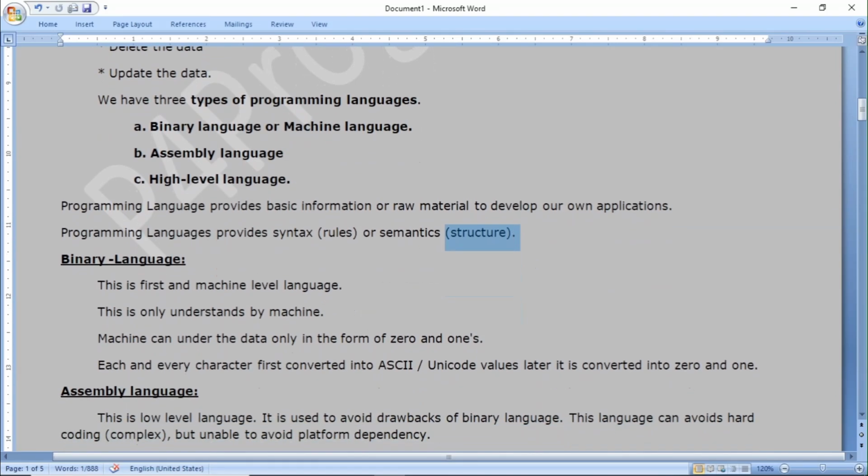Then binary. This first language is a binary language. This is the first machine level language. It is only understood by the machine, and the machine can understand this language in a binary form, like 0 and 1.